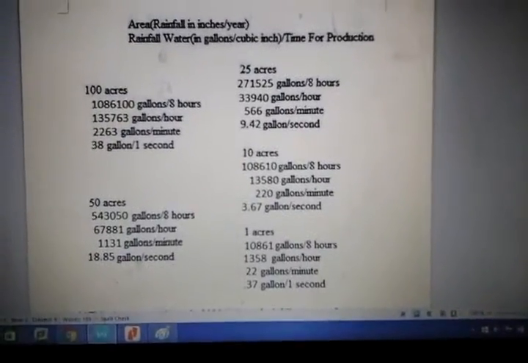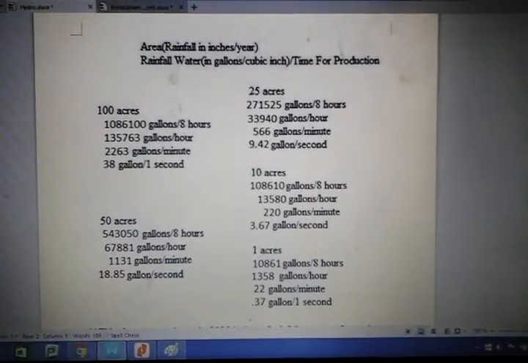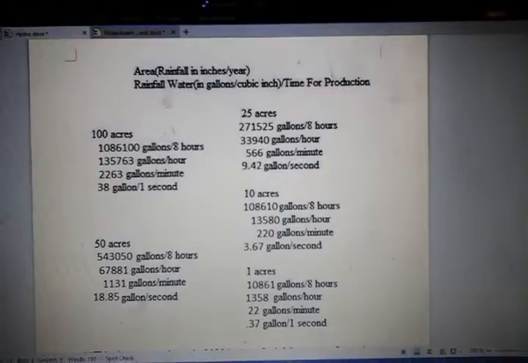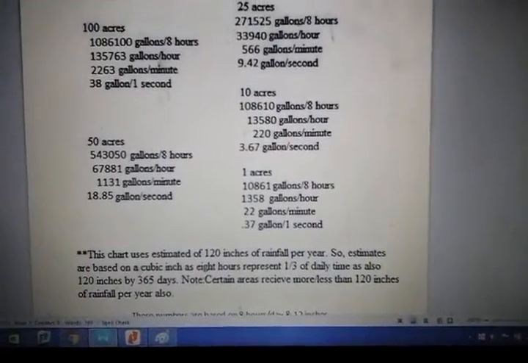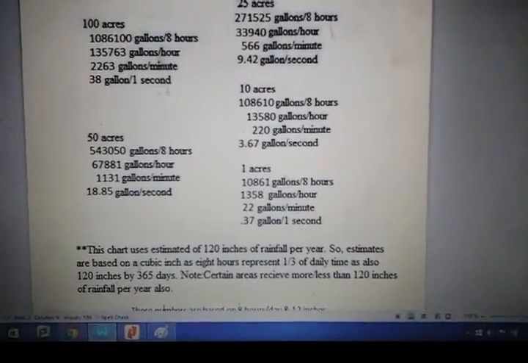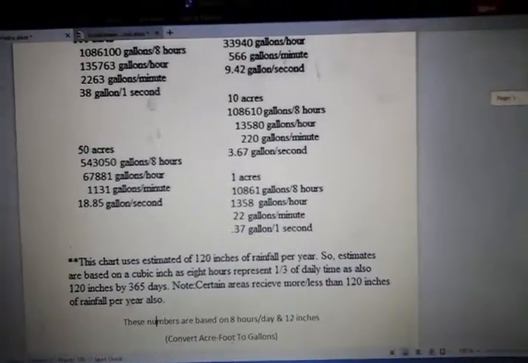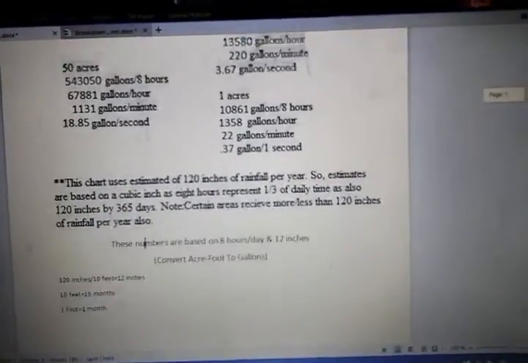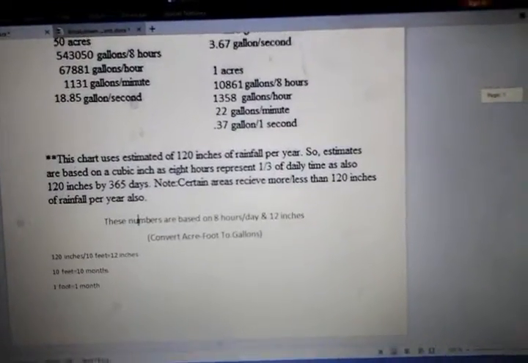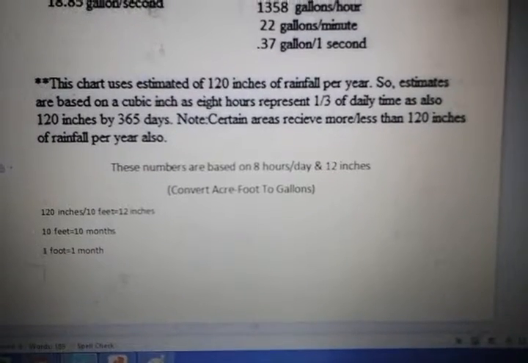Alright, so let's jump on to our next video. As you can see, the amount of rainfall that we're collecting per acre. These numbers are based on 12 inches, but then again, you understand that this chart will be based on areas that receive 120 inches of rainfall to represent 1/3 of the day, which is 8 hours in a day, and we can tell you how this will work out here. So what we did is to find how much rainfall we receive each acre is we converted